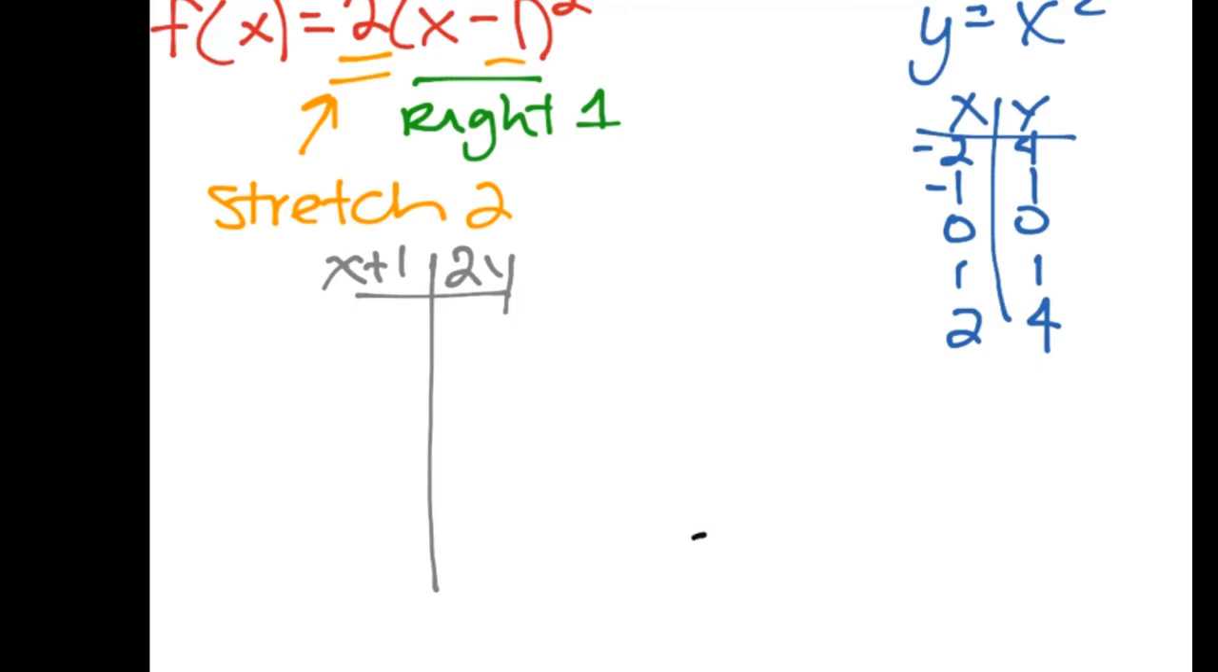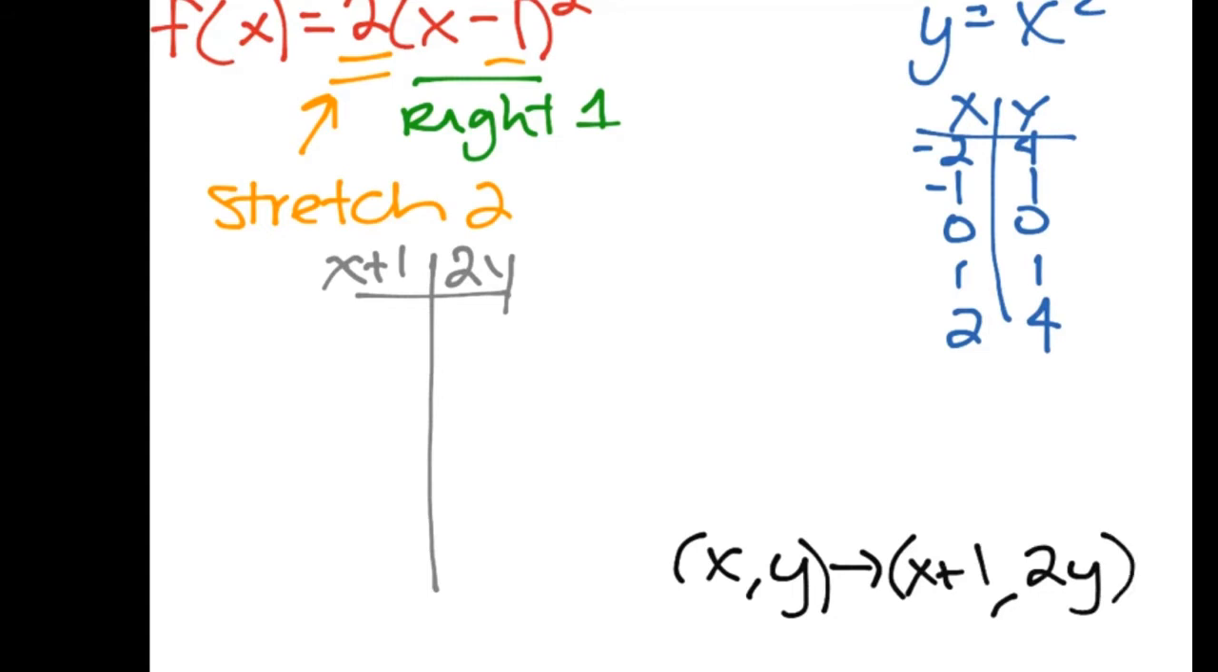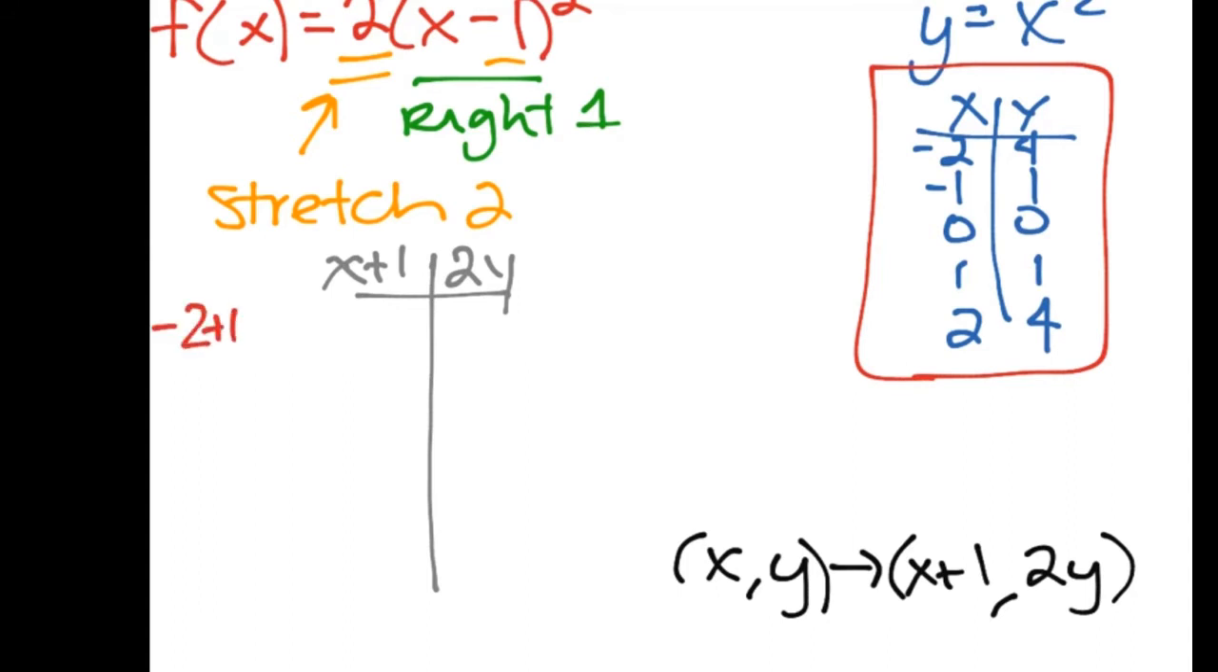If I were to write a rule, my rule would be x, comma y, is transformed by using x plus 1, comma 2 times y. That's my rule. So if I take all of the original numbers from my table and I plug it into my x plus 1 and 2 times y, I'll get my new table. For example, my x was a negative 2. If I plug in negative 2 times plus 1,